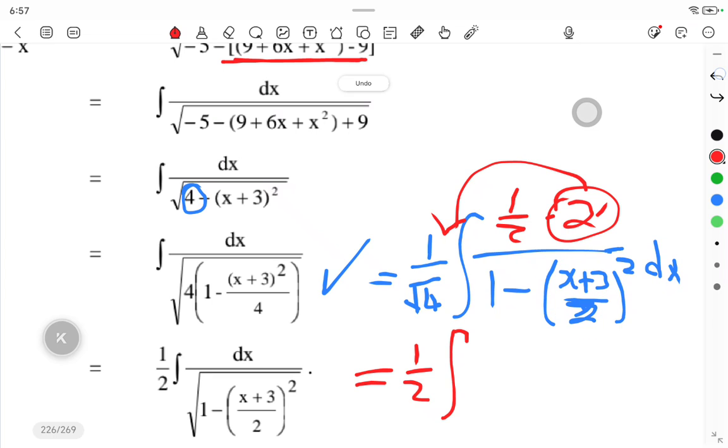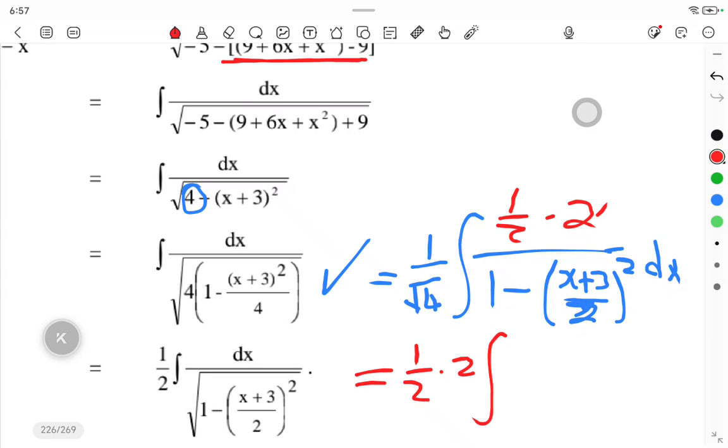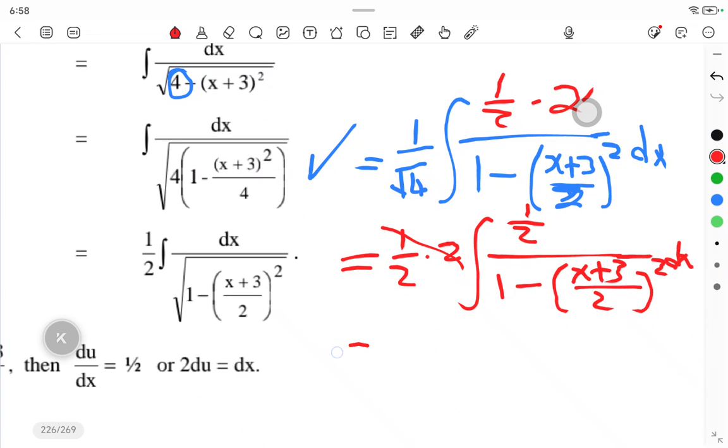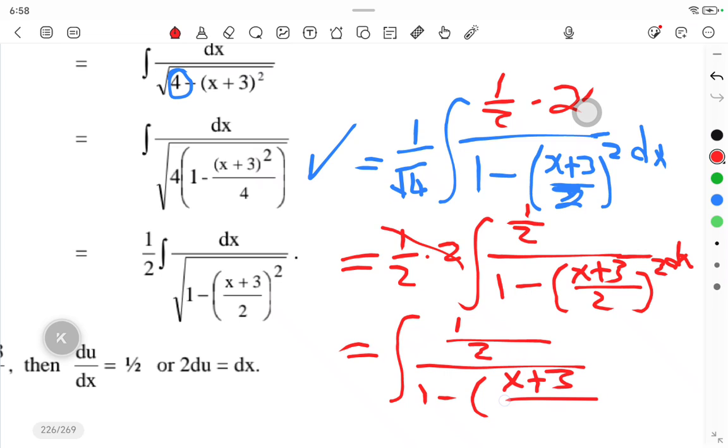So we're going to take that 1 to come there. x. Now this will cancel out. We'll be left with the integral of 1 over 2 all over 1 minus x plus 3 all over 2 all squared